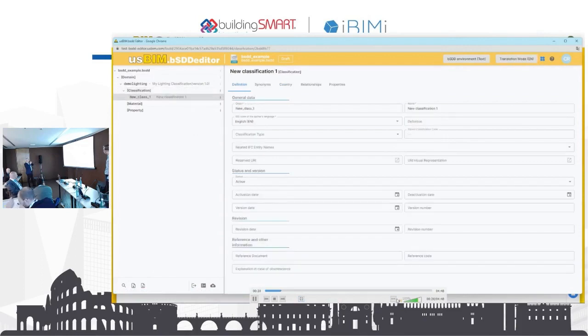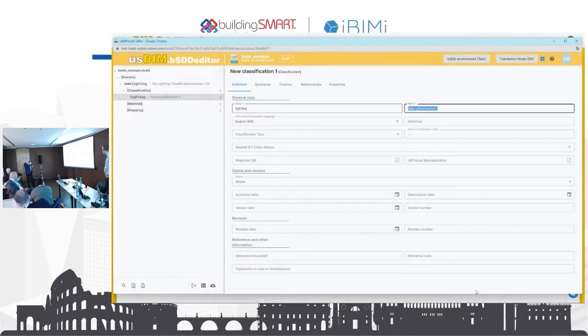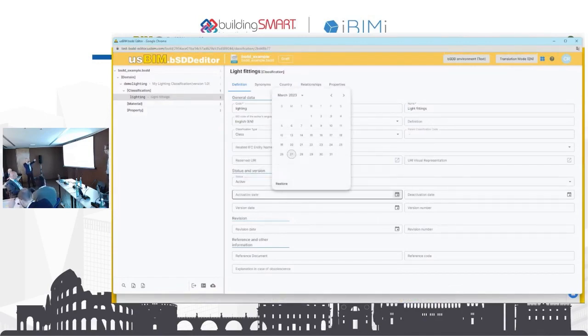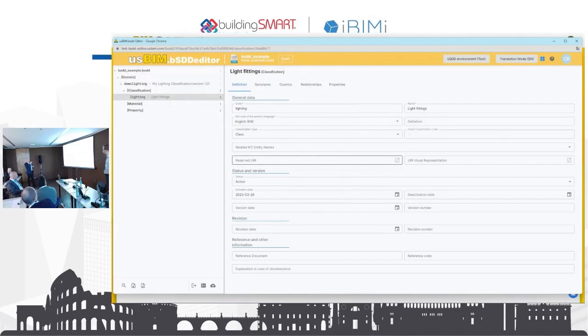And then we start to classify. First of all, we create the first class, lighting, add the code. Each class must have a code, unique code, description, name. Also, we can add IFC class relations and other information.